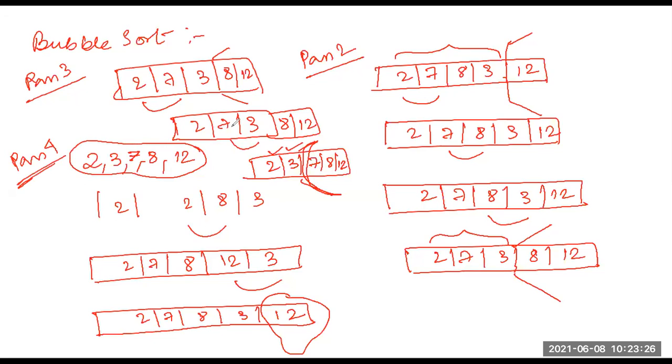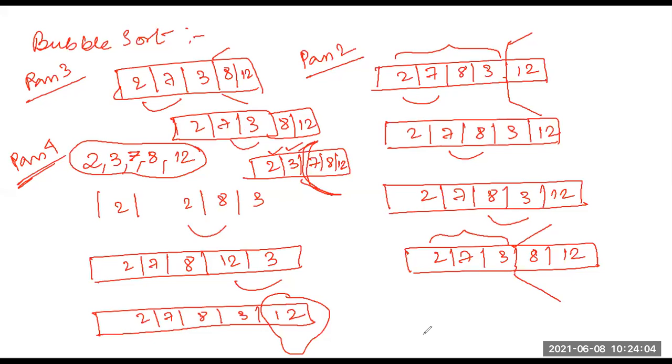So after pass 4, that means after 4 iterations, I get my desired result. This is the concept of bubble sort. You compare each and every pair of elements in your array and try to find the proper location for that element. The elements sorted in successive passes are not taken into consideration in the next pass, and we consider the rest of the elements which are not sorted.